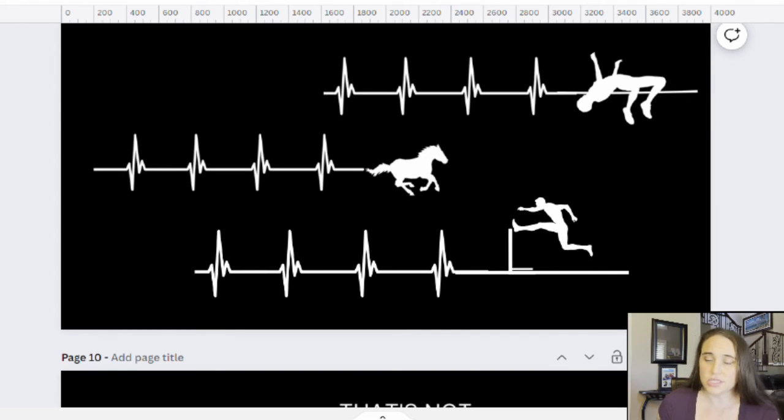The next one is horses. The next one is somebody jumping over it like a hurdle. So you can get very creative too. You can put different animals there. You could put, you know, whatever your passion is. If you wanted to put a hobby, you could put like a bike there, or a skateboard there. So you can find very creative ways, and that can be scaled out really quick and really easy. And, you know, the sky is the limit on the heartbeat designs if you wanted to do it that way.